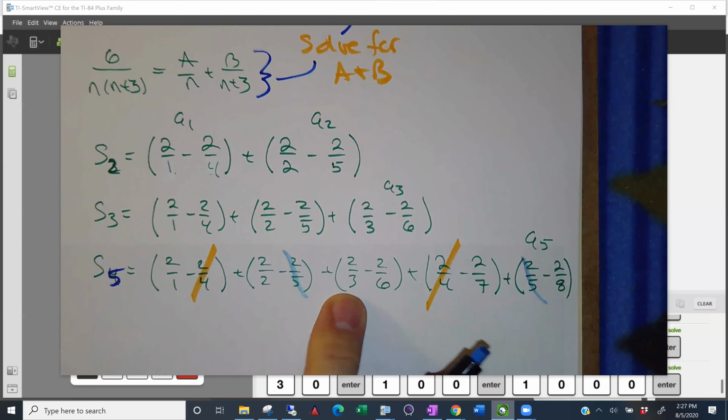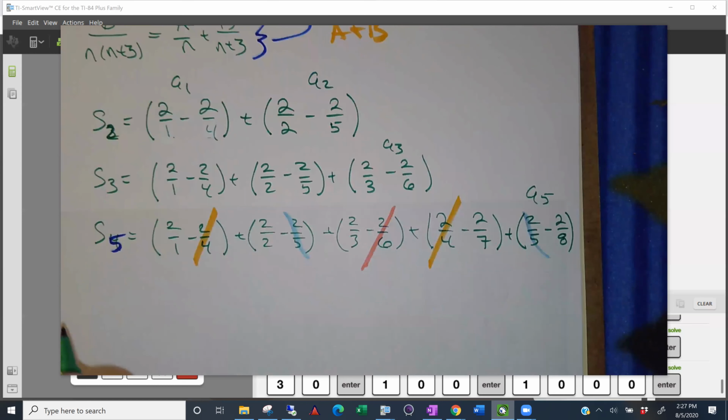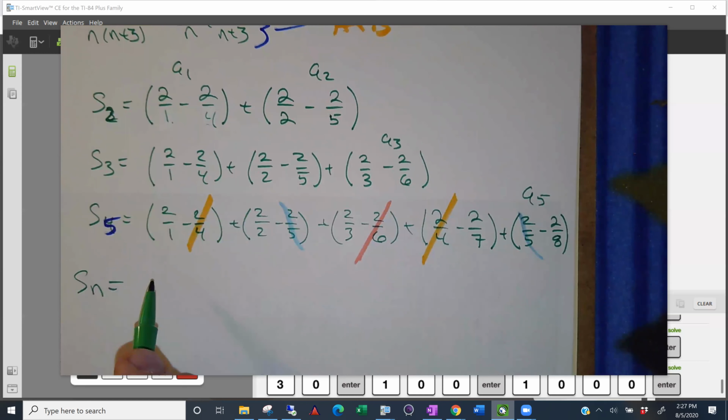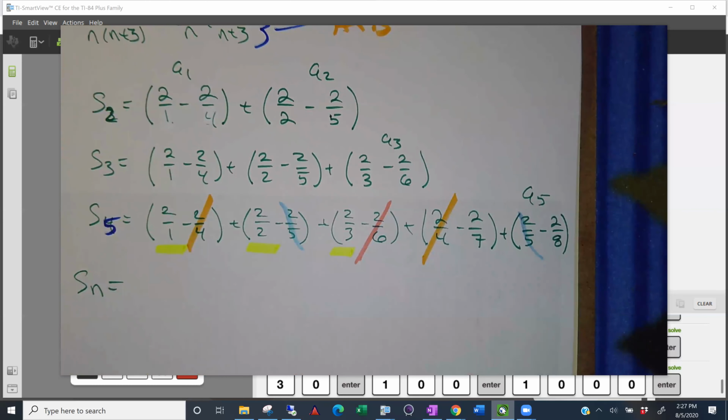So the next term is going to cancel out the 2 over 6 term. I don't have any room to show that over here, but it will cancel out. And so eventually, you're going to have to figure out what S sub n is going to look like. For S sub n, you're going to be left with certain terms. Let's see if we can't spot those. That one's not going to cancel out, that one's not going to cancel out, and that one's not going to cancel out. So your first 3 terms of these parentheses, so it's going to be 2 plus 1 plus 2/3